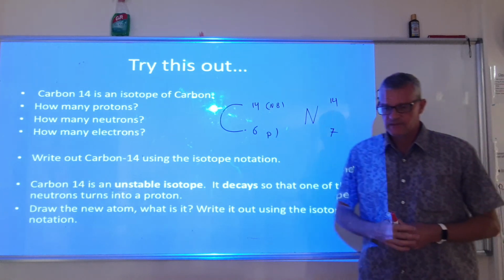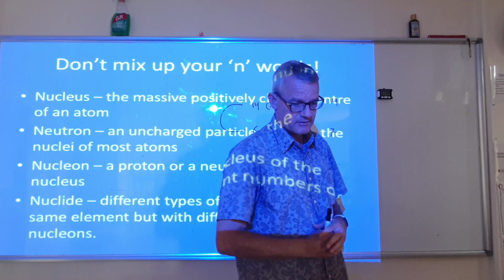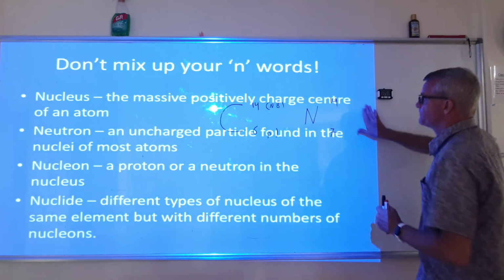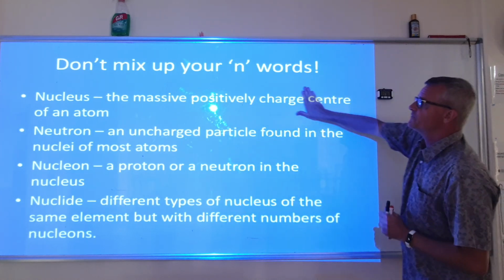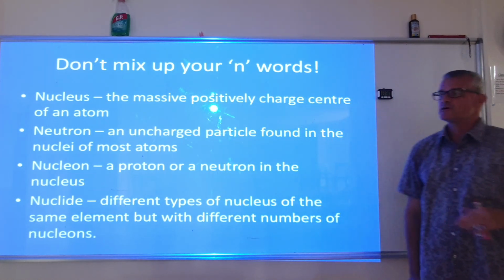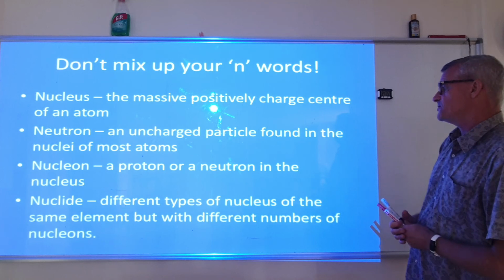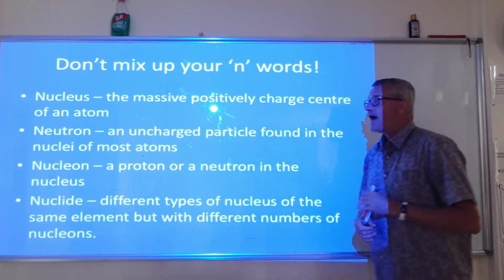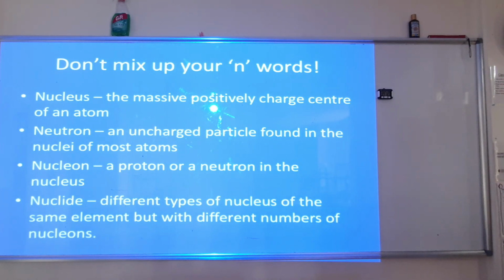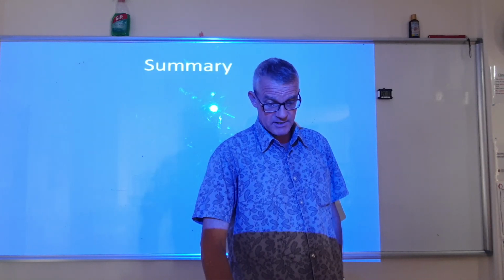Okay? Now, finishing this up, don't forget, the nucleus is the massive positive charge center of the atom. A neutron is an uncharged particle found in the nuclei of most atoms. Nucleons are protons or neutrons in the nucleus, and isotopes are different types of nucleus of the same element with different numbers of nucleons. Okay? In summary,